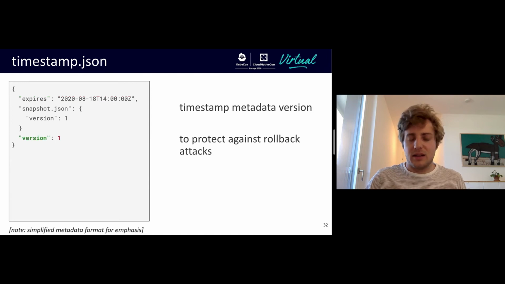A similar attack is the rollback attack. Timestamp uses a version number for itself to protect against that. That's when an attacker serves an older metadata file than the current one that might not have yet been expired. To protect against that, we have a strictly incrementing version number in timestamp, and also in the other metadata files for redundancy. I left this out to keep it brief and simple here. But the idea is to only allow higher version numbers whenever we update a metadata file.